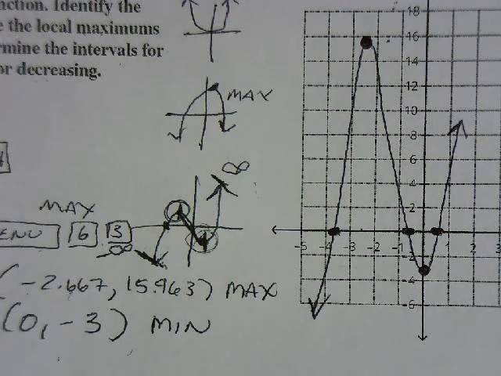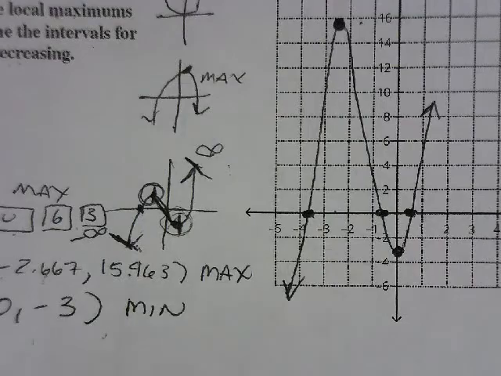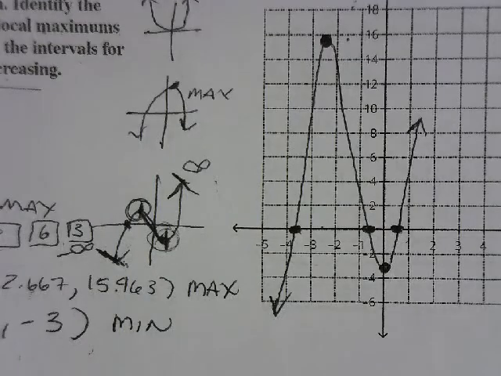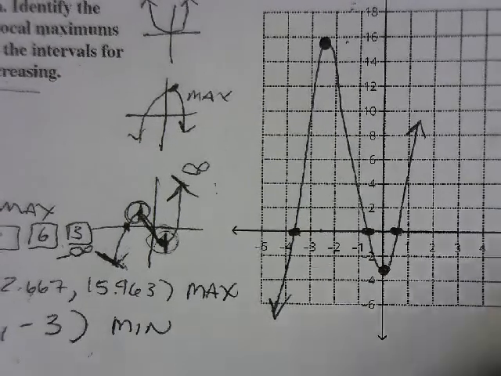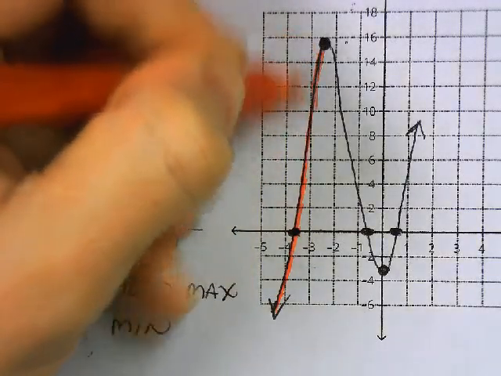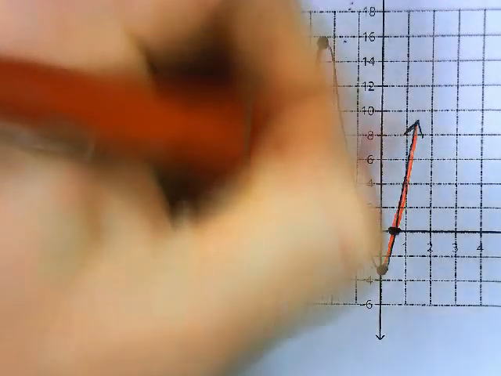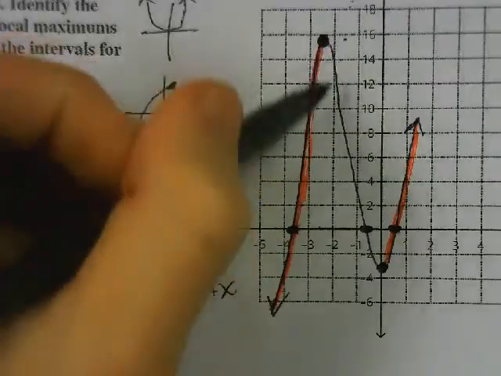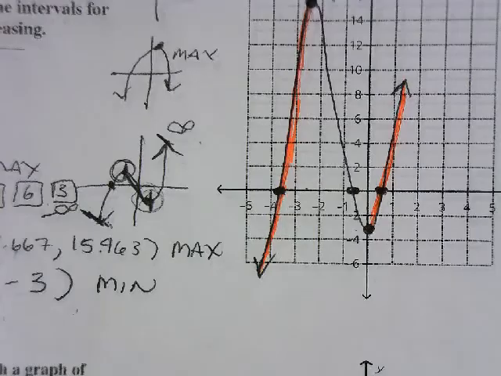Okay. So the next thing they asked us to do is just talk about increasing or decreasing. This is a review from our last chapters again. You can tell that this section right here is where your function is increasing. Okay? And it's decreasing here, and it's increasing here. So we just need to write out the red intervals, and then we'll write out this one black interval in the center. We said the red intervals was where it was increasing. So the function is increasing